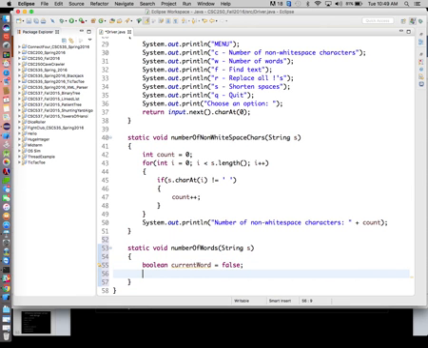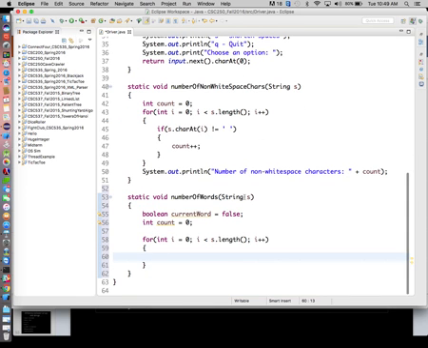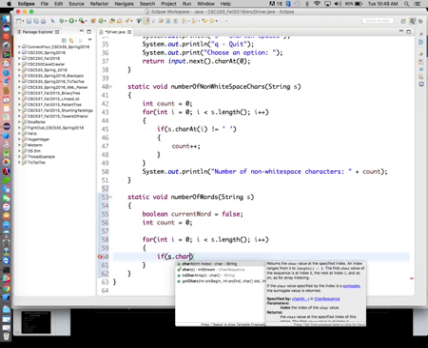Then we're also going to have to keep track of a count. Start that off at 0 for the number of words I find. All right, now I know I'm going to have to go through every single character in my string. So that's going to be our for loop. i is equal to 0, i is less than s.length, number of characters in s, i plus plus. All right, now in here, I'm going to ask my question. If s.charAt(i)